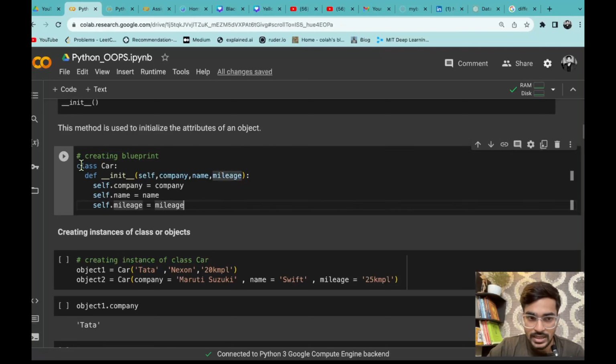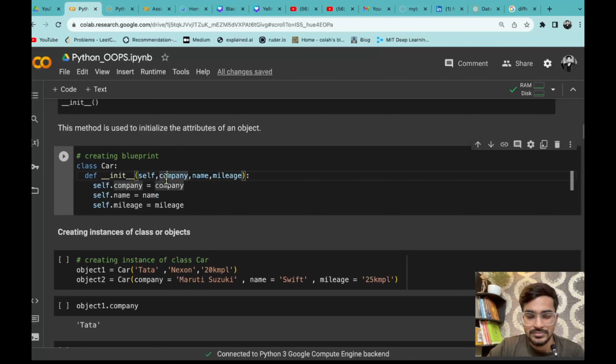Using the class keyword, we give the class name, then we define a special method called the init method, inside which we have arguments. Or yes, there is one thing that we missed in the last session: I mixed up the terms arguments and parameters. Thanks to someone who mentioned that.